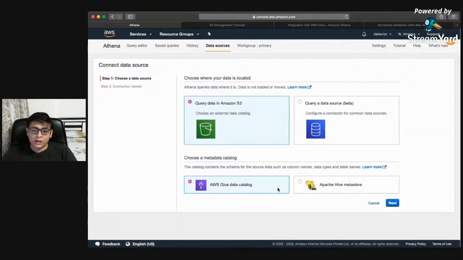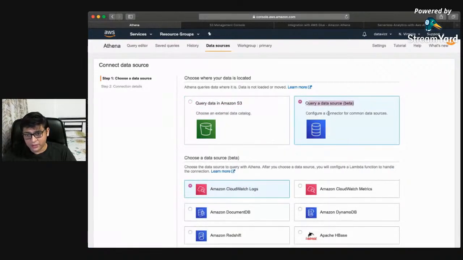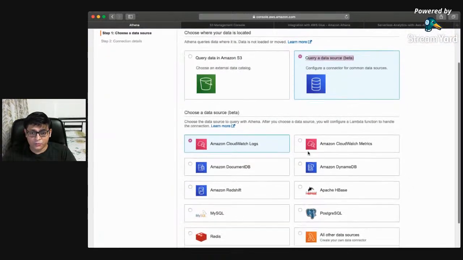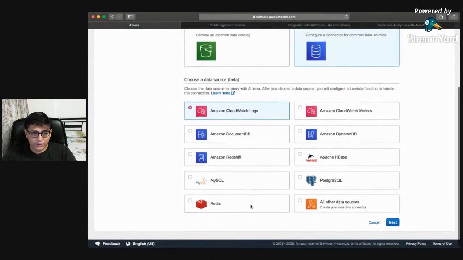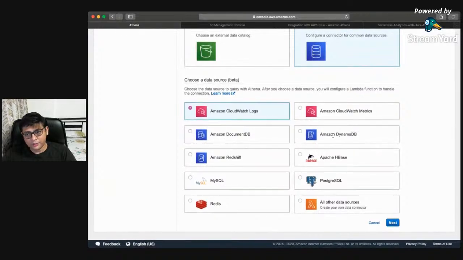Now, a lot of you would know AWS Glue. AWS Glue is an ETL service available from AWS, which would help you to write crawlers or any kind of collections of data sets. We'll come to that part in the coming slides. But see, querying data from S3 or querying a data source, which is right now in beta, as I mentioned to you, you could directly connect your MySQL, Redshift, DocumentDB, DynamoDB directly,